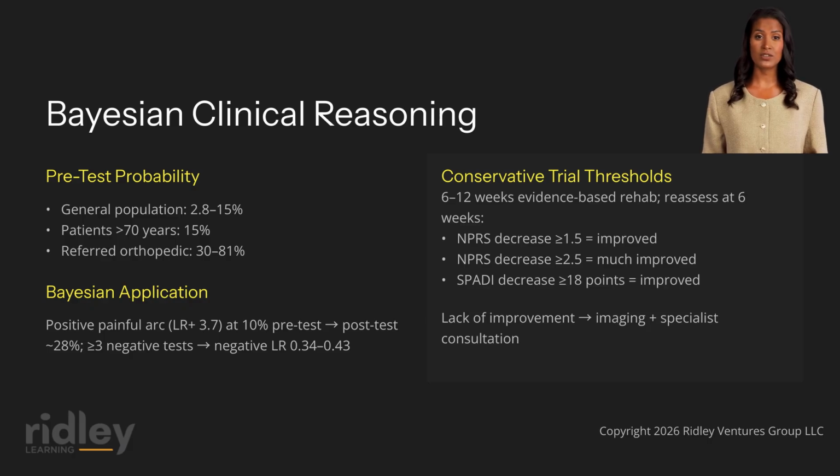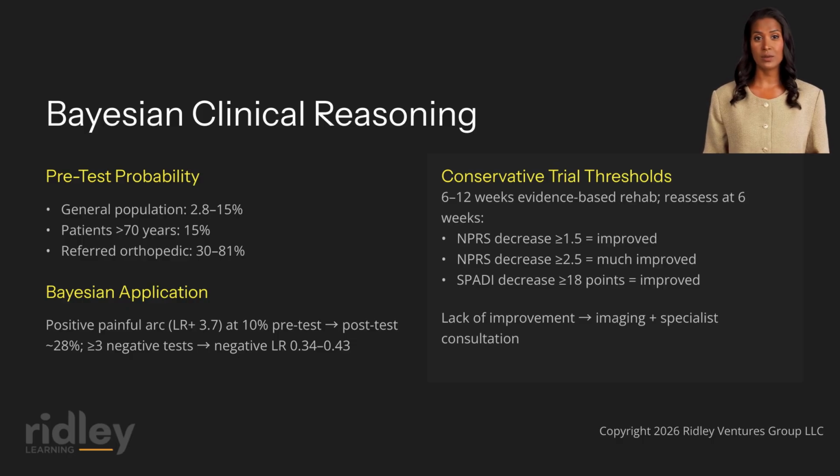When positive rotator cuff tests yield only modest post-test probability and clinical features suggest alternative pathology, the diagnosis remains uncertain and warrants either imaging or specialist referral. A structured trial of conservative management with clear reassessment criteria is appropriate for patients without red flags, a 6 to 12-week course of evidence-based rehabilitation, with baseline documentation of validated outcome measures including the Numeric Pain Rating Scale, or NPRS, the Shoulder Pain and Disability Index, or SPADI, and the Western Ontario Rotator Cuff Index, or WORC, along with specific